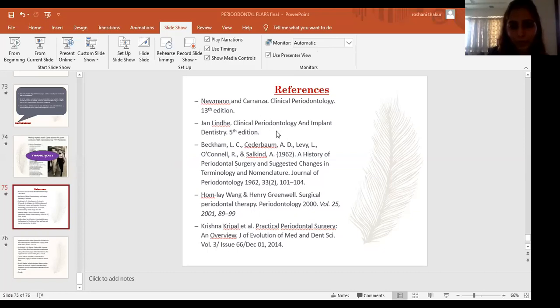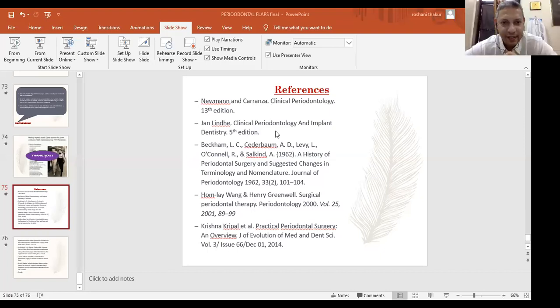Next is, ma'am, can you explain the Wells Tell technique and its success? The Wells Tell technique would not actually fall under the purview of the periodontal flap. I think it will be covered during regeneration. The whole technique will have to be explained. Probably you could email it to me and I'll share it with you.